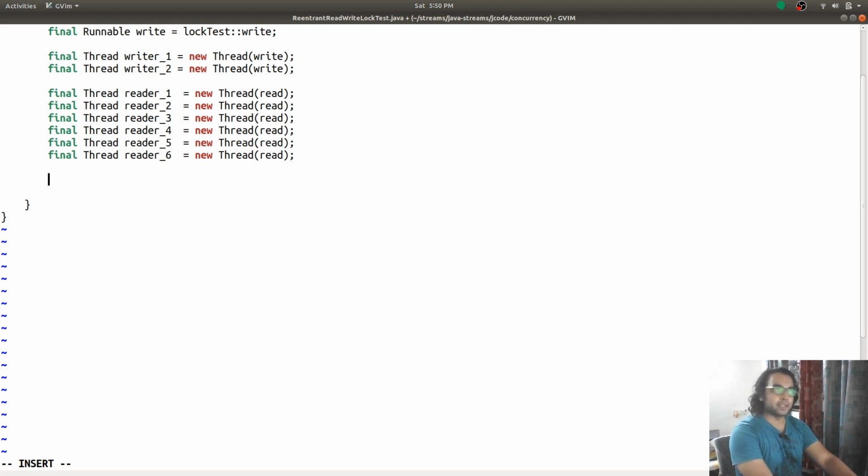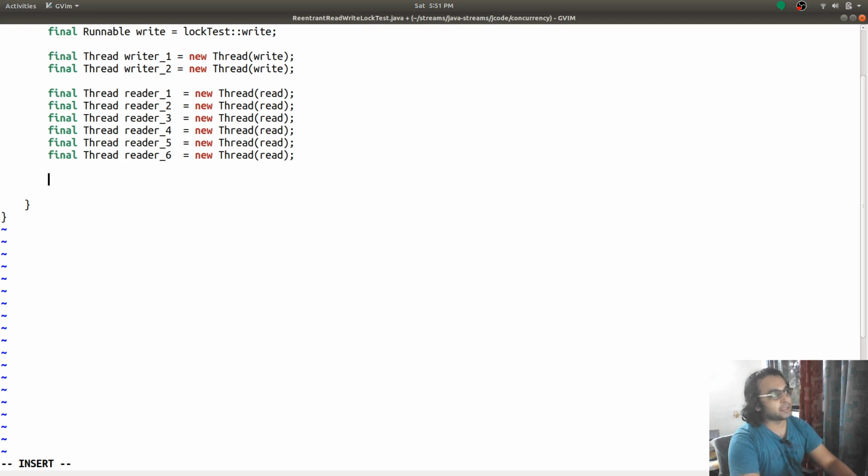So in the case of reentrant lock, there is a single lock and it blocks all the read calls. So if 10 threads are going to do the read operation, then all of them are going to have to wait to grab the lock so that they can read the value. But in the case of ReentrantReadWriteLock, all of them can read at once and do their job.